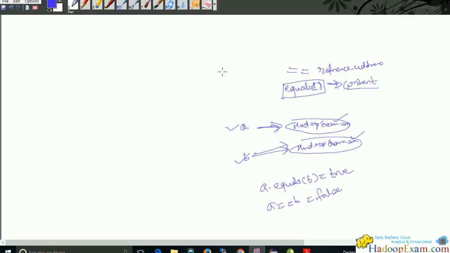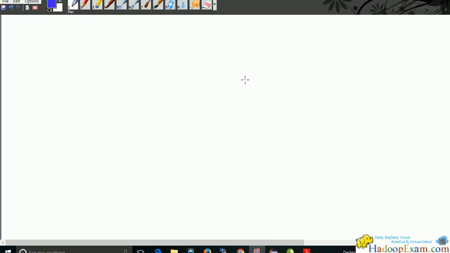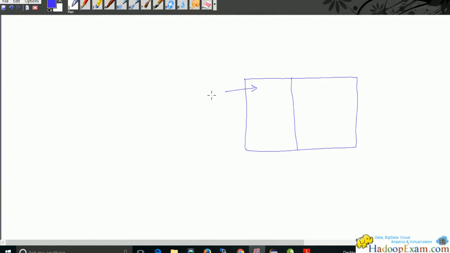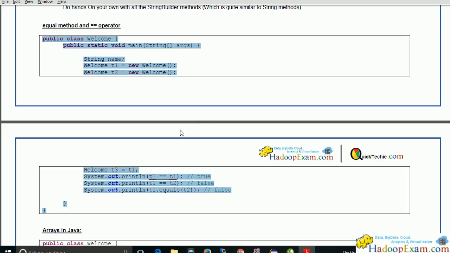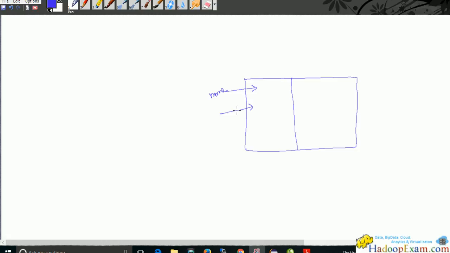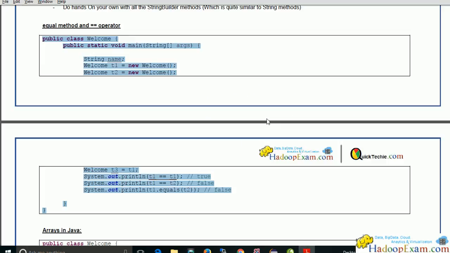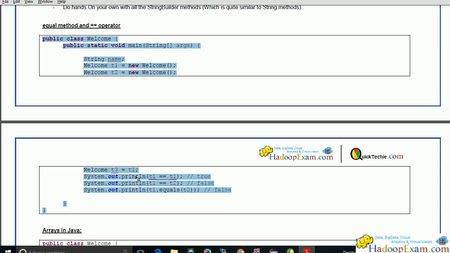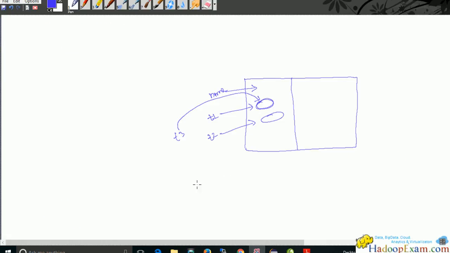We have first created the name object, which is pointing to nowhere. This is a string object. We have created an object named t1, and the instance of t1 is a Welcome object. Another object, t2, is created here. This is also again a Welcome class object. Now if we assign t3 equal to t1, then we have another reference named t3, which is also pointing to where t1 is pointing, correct? Now if I want to try t1 == t1,